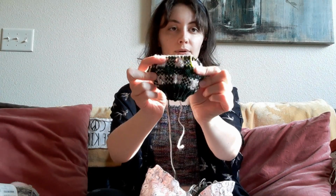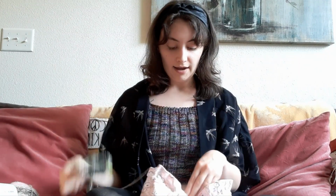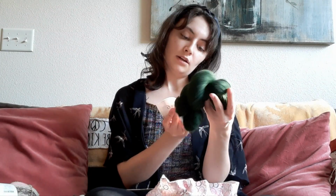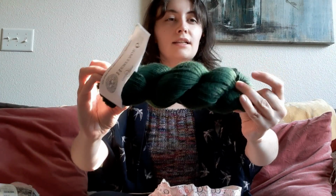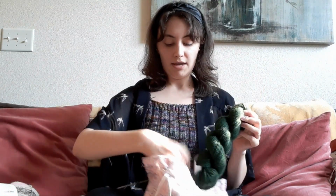So I am doing a knit-along, kind of a friend knit-along unofficially. It's not like on the internet or anything, it's just a knit-along amongst friends with my friends Felicia and Camille. So they both are also knitting this pattern, and they have totally different color choices than me, and theirs are also just beautiful. So for mine, I am using Heritage 6, which is the sport weight Heritage yarn. So it is 75% superwash merino, right? Yeah, 25% nylon. And so this is the color number 5608. It's a little bit more of a warm yellowy toned green than I think it's showing up on camera. But it's a beautiful dark green paired with,